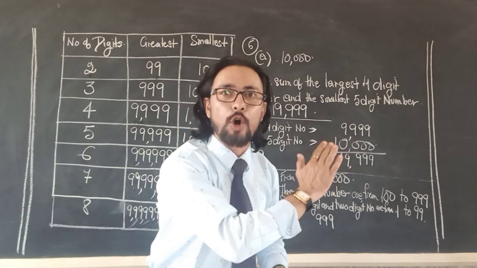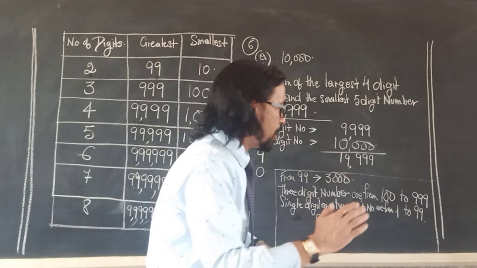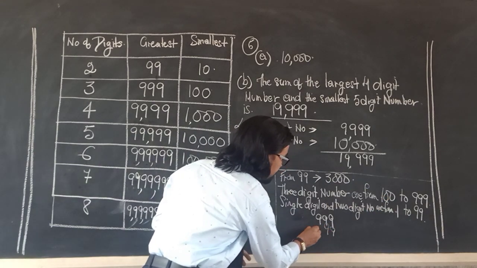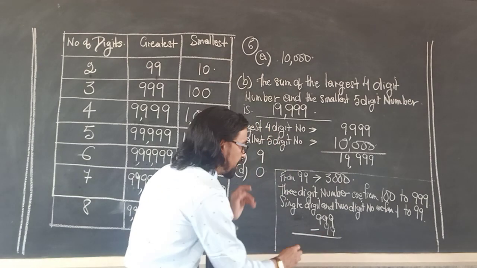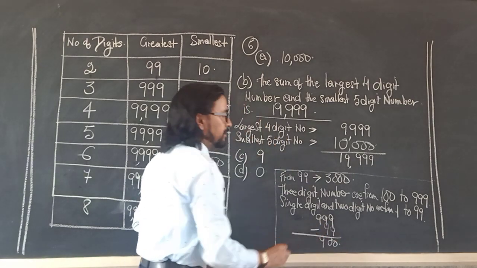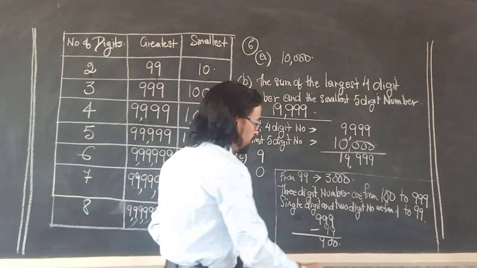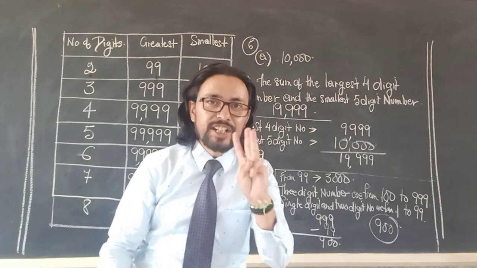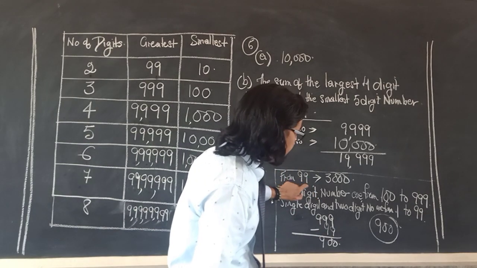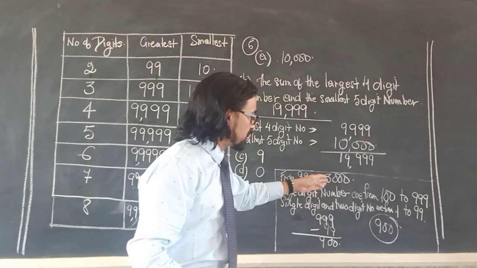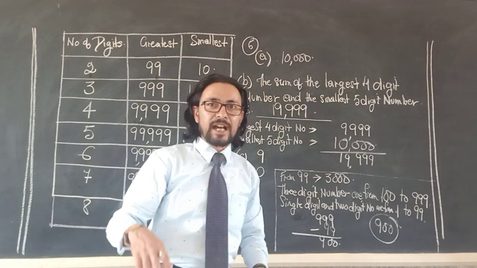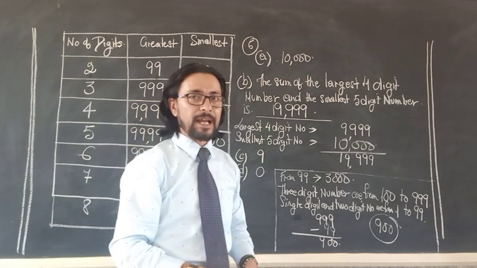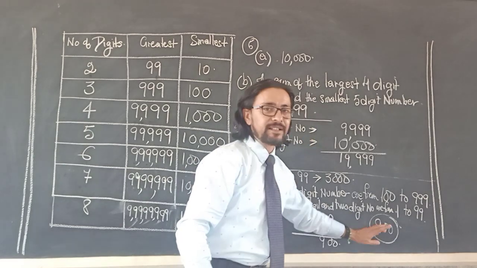Now from 999 I take away all the single-digit numbers and double-digit numbers. How many single-digit and double-digit numbers do I have? 99. So from 999, if I take away all the single and double-digit numbers, what is my answer? 900. So the answer is 900. There are 900 3-digit numbers between the number 99 and the number 3000. Now this is written 3000. I can make it 10,000. I can make it 10 crores. I can make it 1 lakh. I can make it whatever number I want, but still the answer will be 900 only.